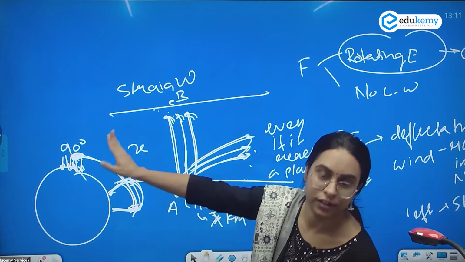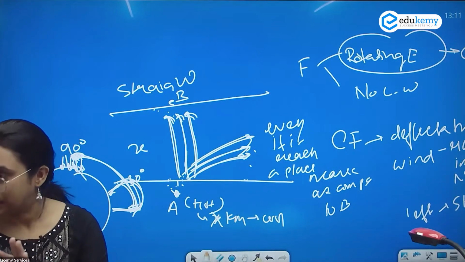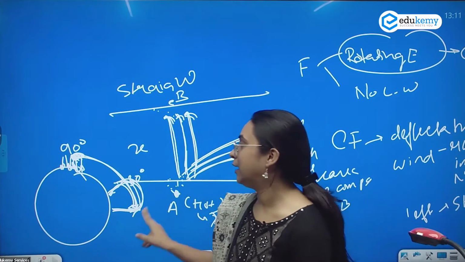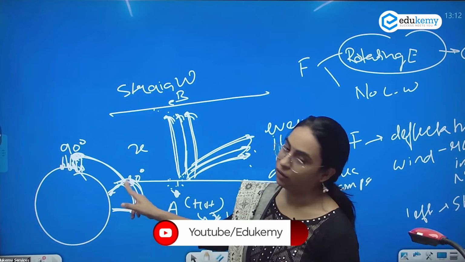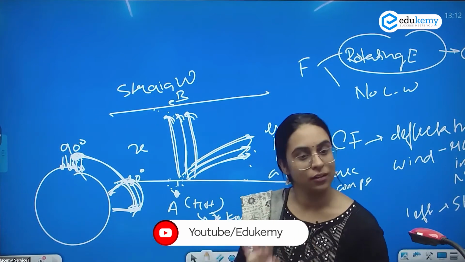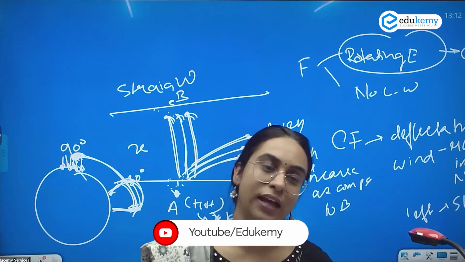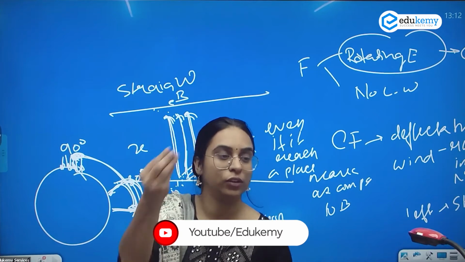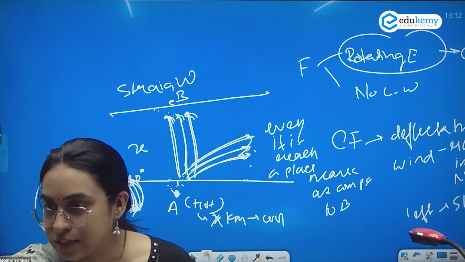Even if it has not reached the 90-degree latitude, right? जिसको समझा ठीक, जिसको नहीं समझा बस इतना समझ लो. हैडली ने बोला विंड पोल तक जाएगी ठंडी होगी, फेरेल ने बोला नहीं, उसके पहले ही ठंडी हो जाएगी, बस. फेरेल ने बोला 30 डिग्री पहुंचेगी और विंड ठंडी हो जाएगी. हैडली ने बोला वो 90 डिग्री तक जाएगी और ठंडी होगी, बट फेरेल ने बोला वो 30 डिग्री जाएगी और वो ठंडी हो जाएगी. That's what Ferrell says.